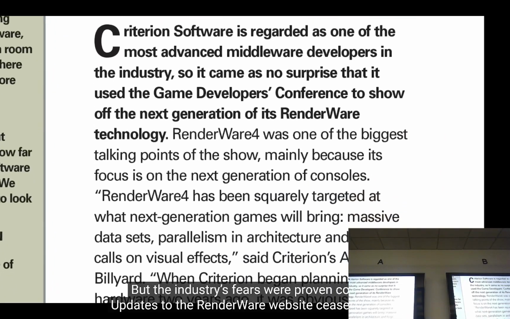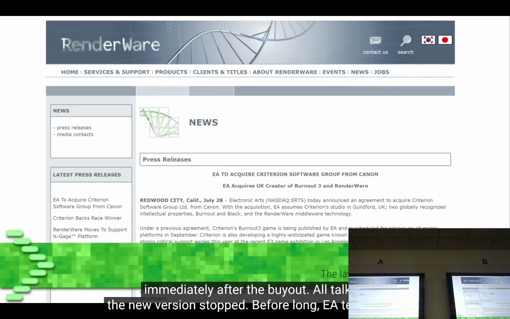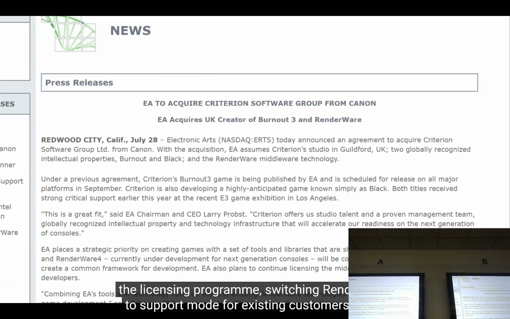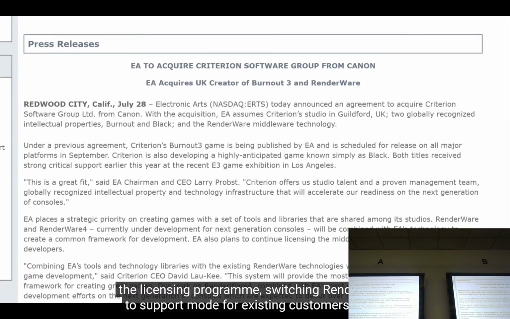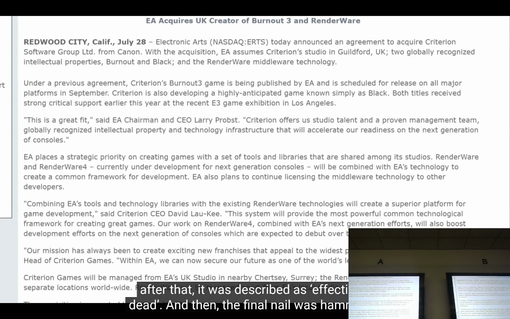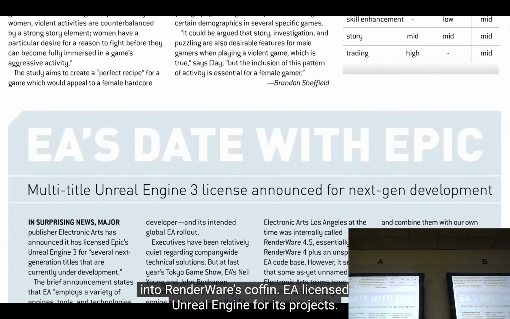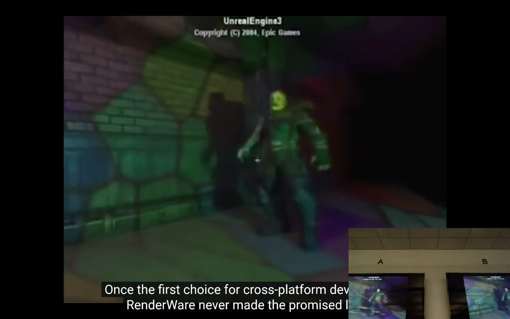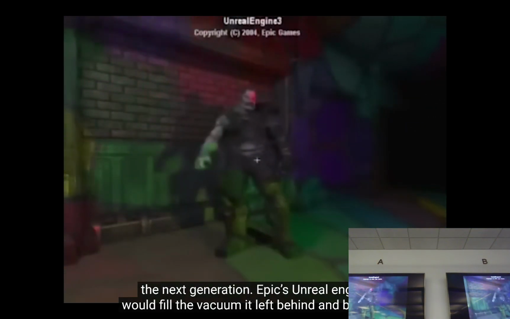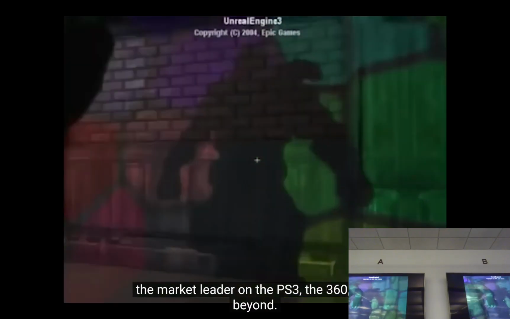But the industry's concerns were proven correct. Updates to the RenderWare website ceased almost immediately. All talk of the new version stopped. Before long, EA terminated the licensing program, switching RenderWare to support mode for existing customers. Soon after that, it was described as effectively dead. And then, the final nail was hammered into RenderWare's coffin. EA licensed the Unreal Engine for its projects. Once the first choice for cross-platform development, RenderWare never made the promised leap to the next generation. Epic's Unreal Engine would fill the vacuum it left behind and become the market leader on the PS3, the 360,